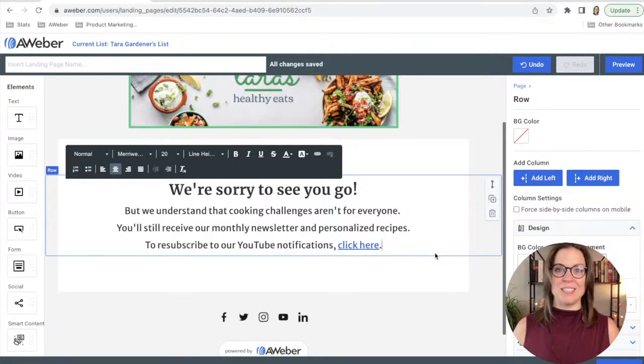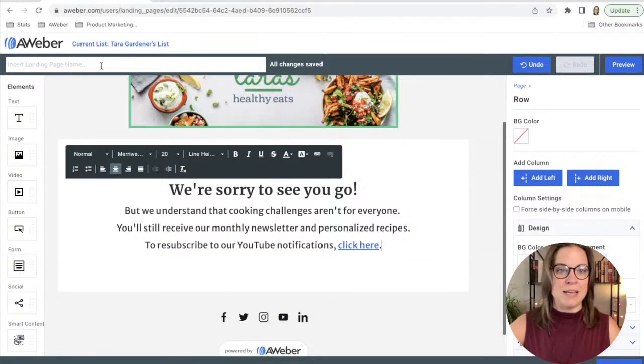So the purpose of this page is really to say, we understand that you have clicked and decided to opt out of these emails. People really need to get that confirmation to know that they have actually been unsubscribed. If they click and nothing happens, then maybe they'll try to click again. It's a little bit of a frustrating experience. So you want to let them know that you've heard them, they don't want to receive those emails anymore, and that you are going to allow them to opt out of those, but they're still going to be receiving the other emails. Now I'm going to say opt out auto newsletter here.